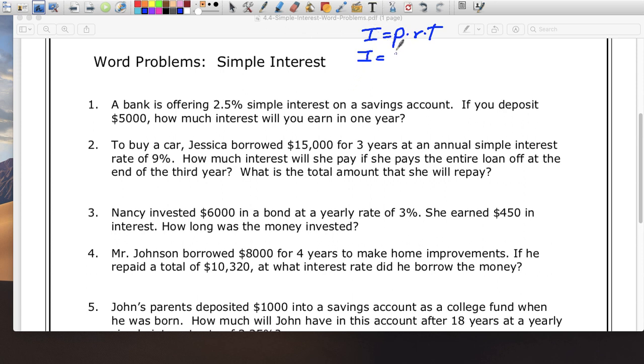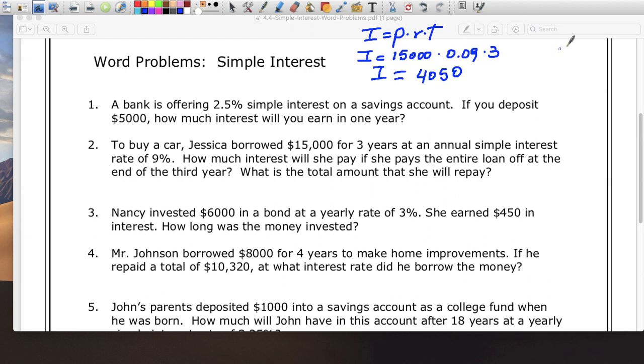So instead of deposit, it is a loan. So this is almost the same thing. So it's $15,000. The rate's 0.09, which is a lot. And then you want to pay the whole thing in 3 years. So here we go. The time is 3 years. So let's multiply that. If you borrow $15,000 from the bank at an interest rate of 0.09 and then you pay it in 3 years, it means that you're going to have to pay the bank an extra